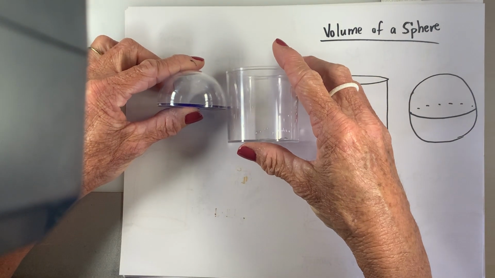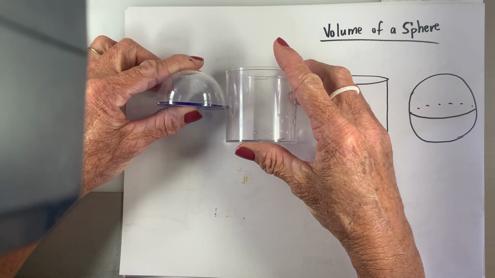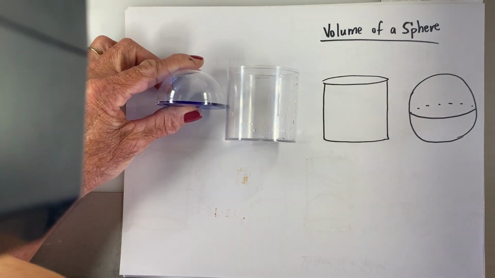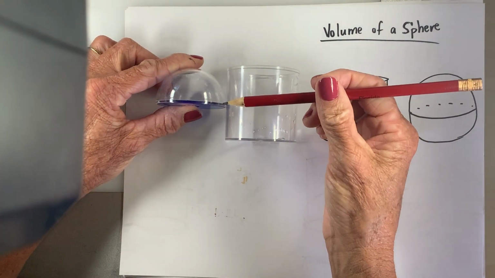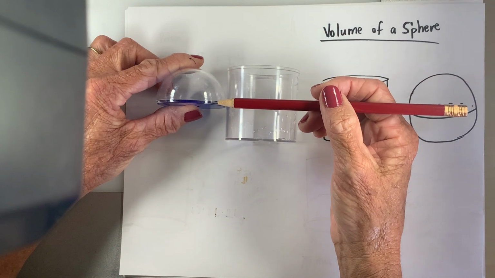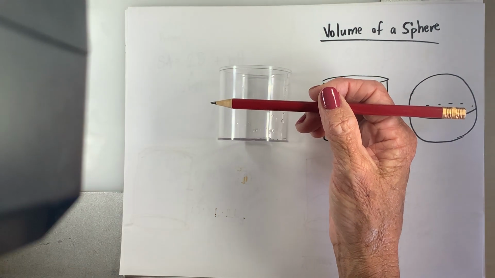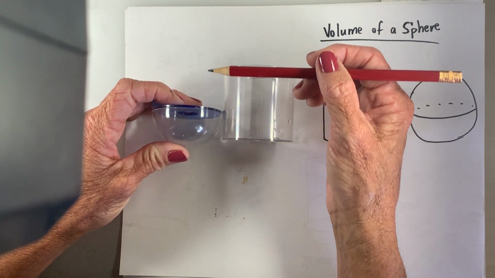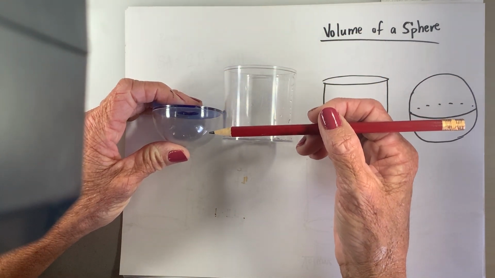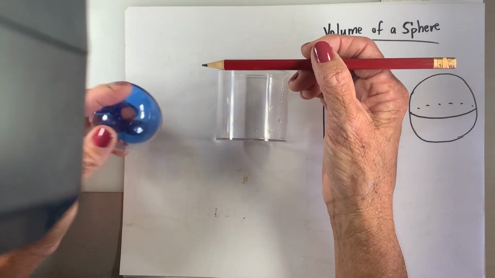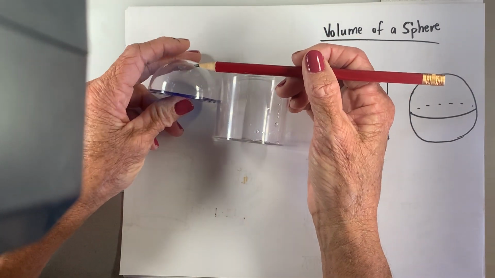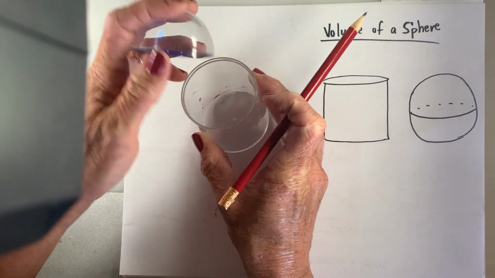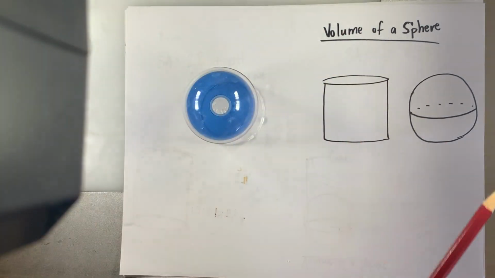But what I want you to notice is that the reason this is a related solid, let me just mark my spot with a pencil very quickly. So the sphere ends there, right? If I turn it around and do that, you can see that the entire sphere would have essentially the same height as this cylinder, okay? So it stands as tall as the cylinder,